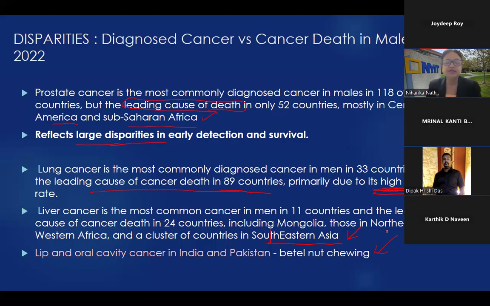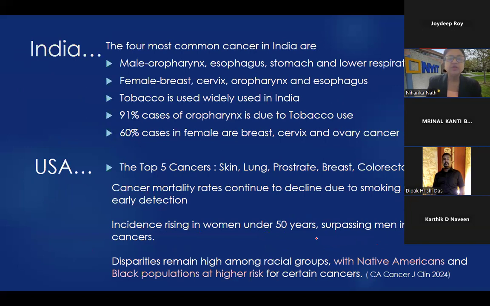And of course, you have India and Pakistan, where we take pan. Lip and oral cancer is huge, probably in only two places in the world. So this is more cultural. Betel nut, the thing inside the pan. Betel nut chewing, that is inside the pan, that causes it. And then those things called jarda and all that other stuff inside the pan, not the pan leaf itself, but whatever we use inside it. Those cause cancer.